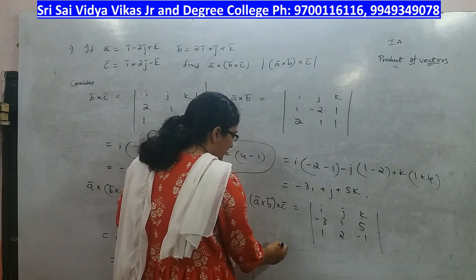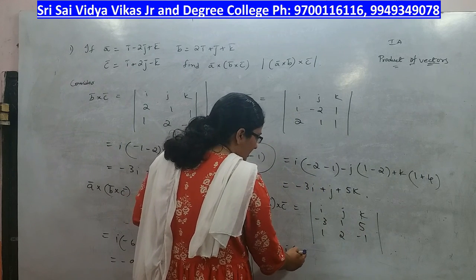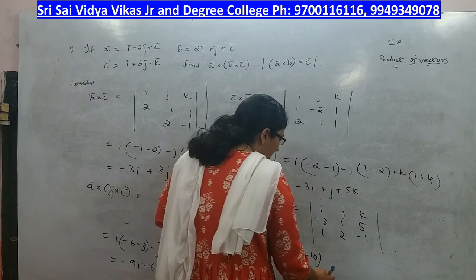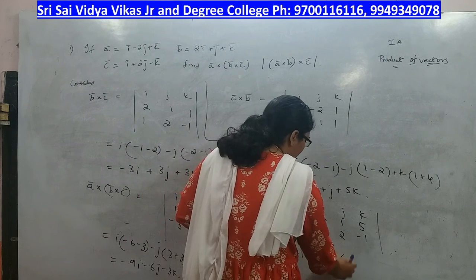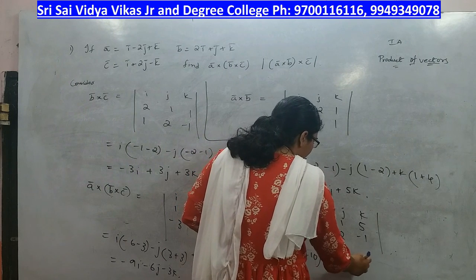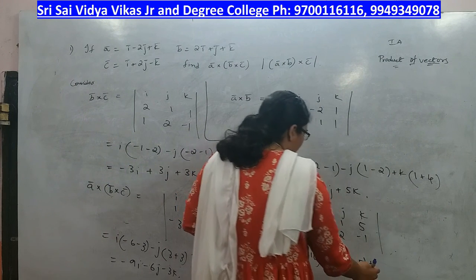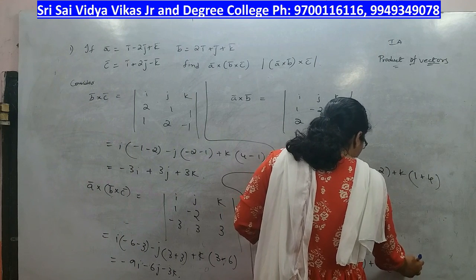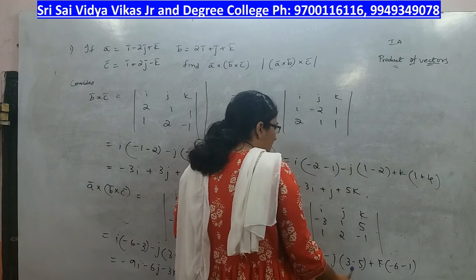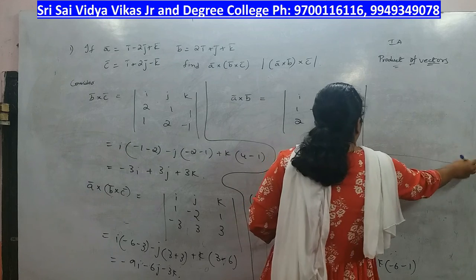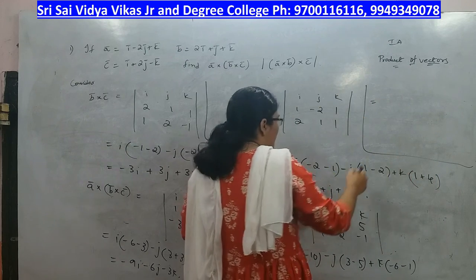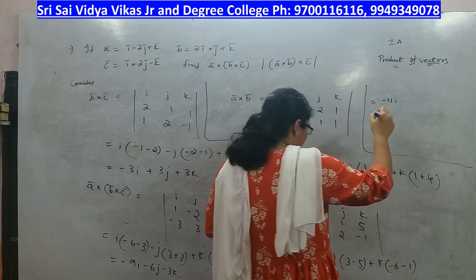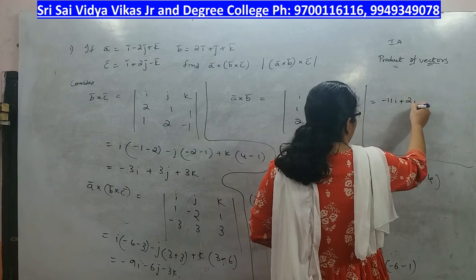So this is i into minus 1 minus 10, minus j into 3 minus 5, plus k into minus 6 minus 1. So that is nothing but minus 11i plus 2j